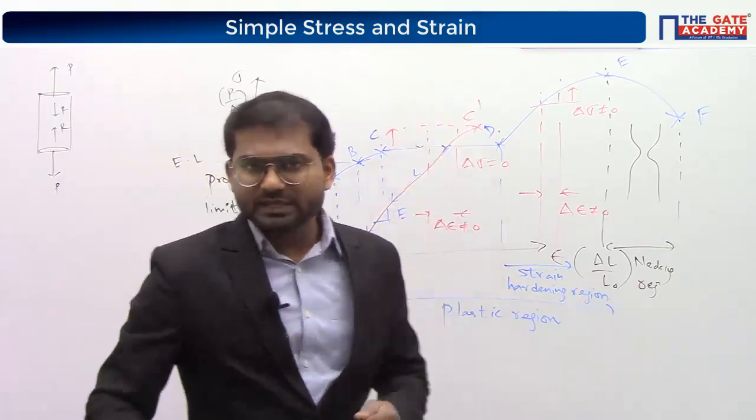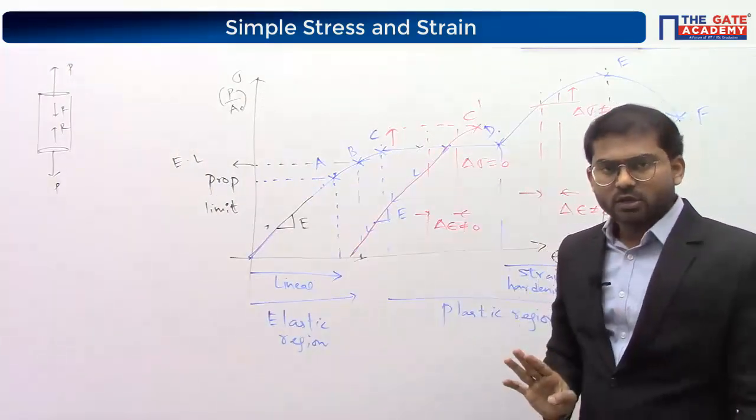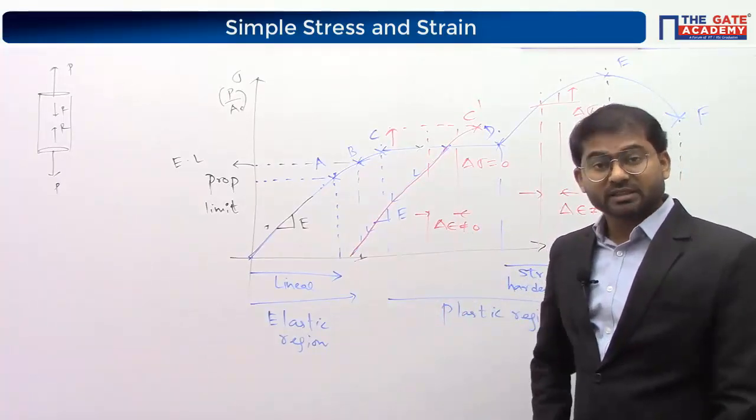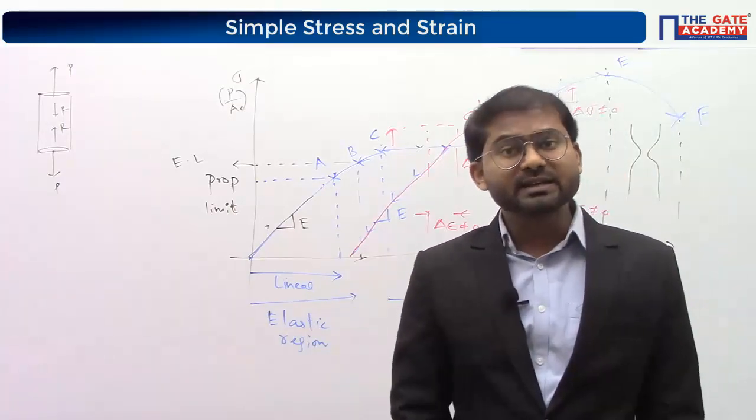So you have increased the value of yield point. So that's the way the metal is behaving. Yield point is very important for ductile materials, so we're going to take that as the strength of the material. Later we're going to see why we take that as strength of the material. So we are increasing the strength of the material.